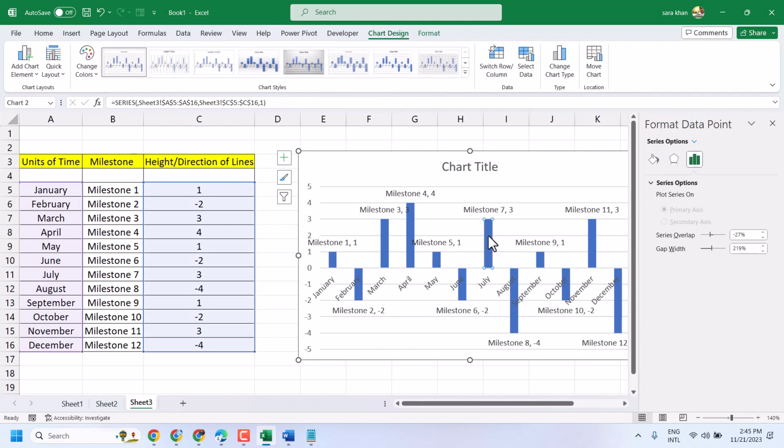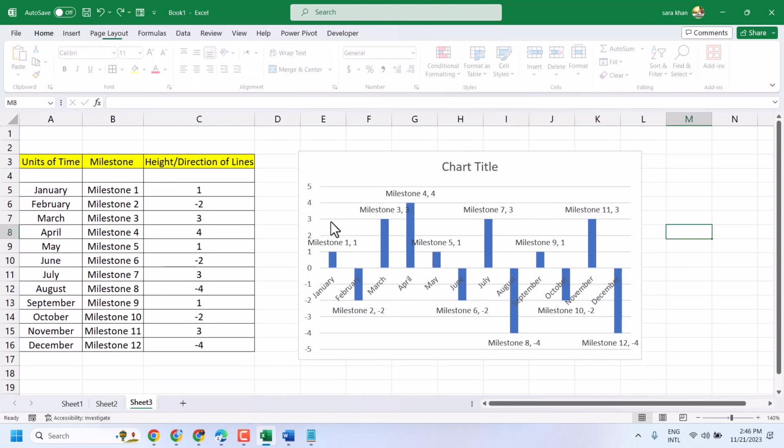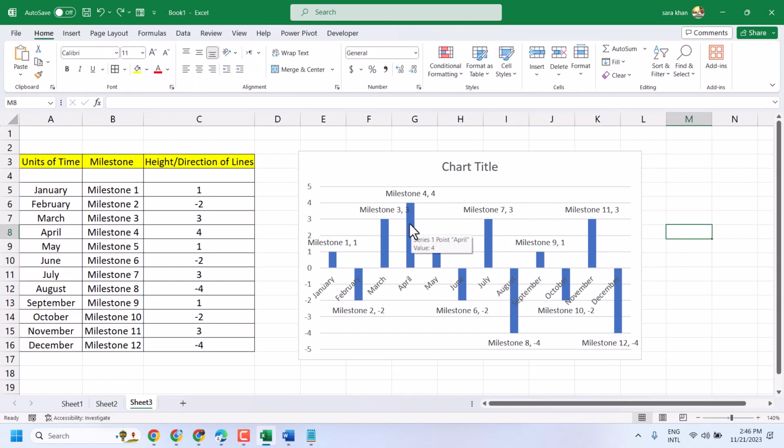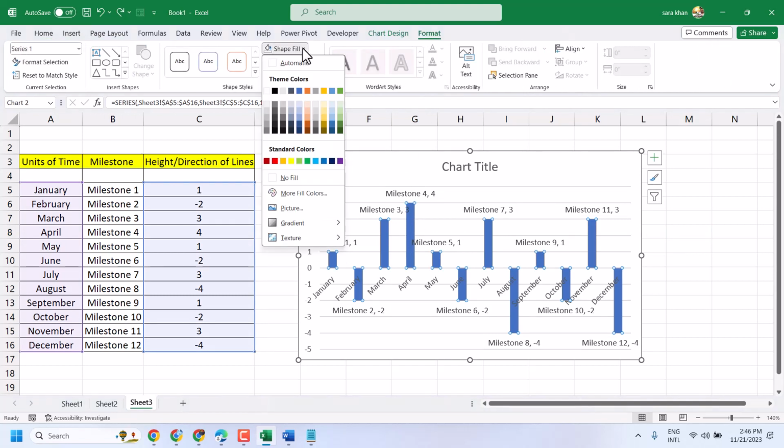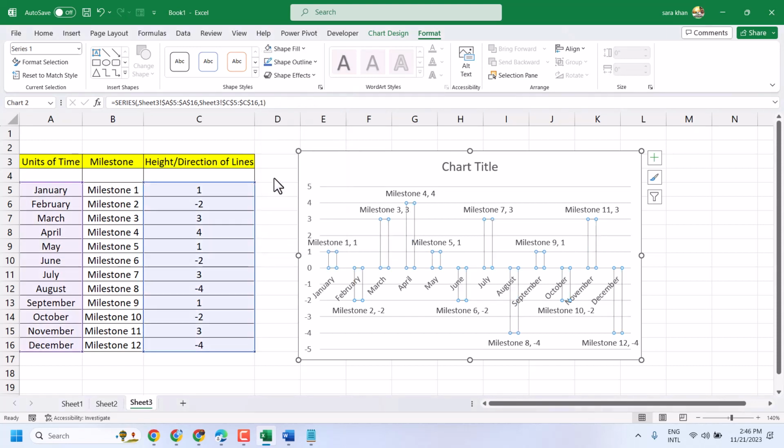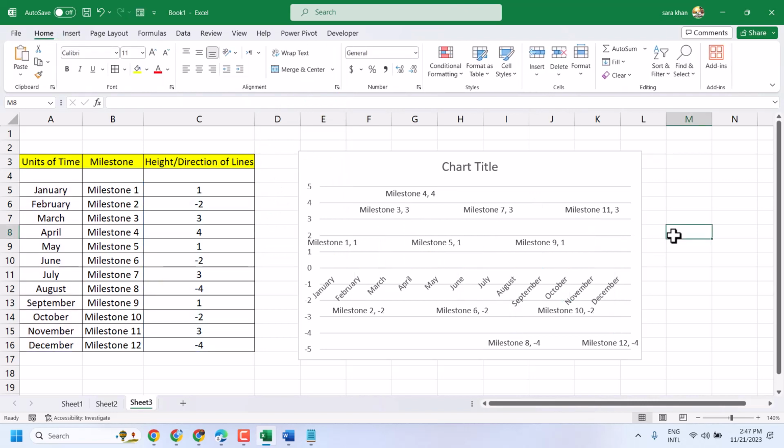So double click on it. Now to remove this bar, select any bar. Now format and the shape fill. So select no fill and click anywhere. Now to create a line,